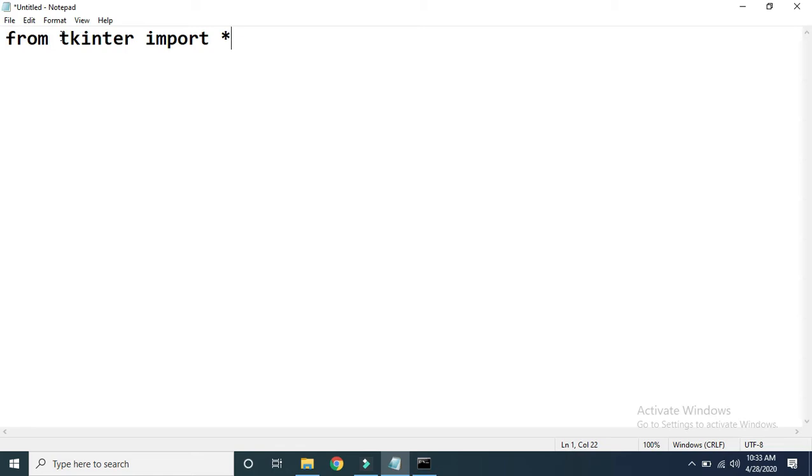Then, if we want to display the time on that design, Python supports one more module, the time module, so we have to import the time module as well. You just write: import time. Here we have imported tkinter for designing the UI, and time to display the time on the UI.